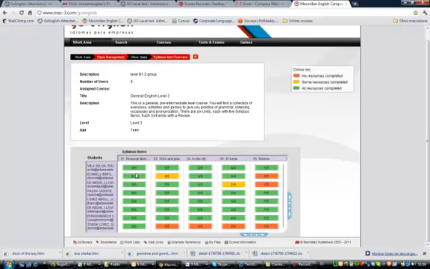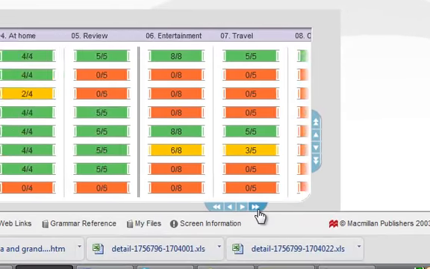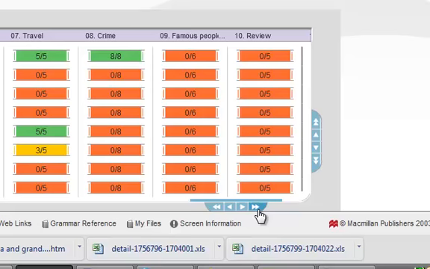Here you can see a list of your students, and across the top you can see the different units of their course. You can scroll across to see further units and to see where your students are working up to. Blocks in green show that all the resources from that unit have been completed. Blocks in yellow show that some of the resources have been completed, and blocks in red show units which the students haven't started yet. If you click on one of the blocks,